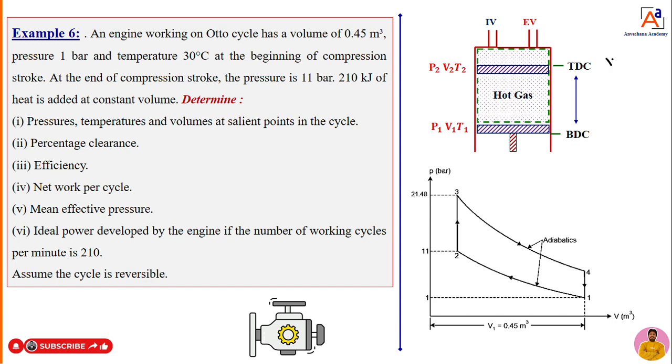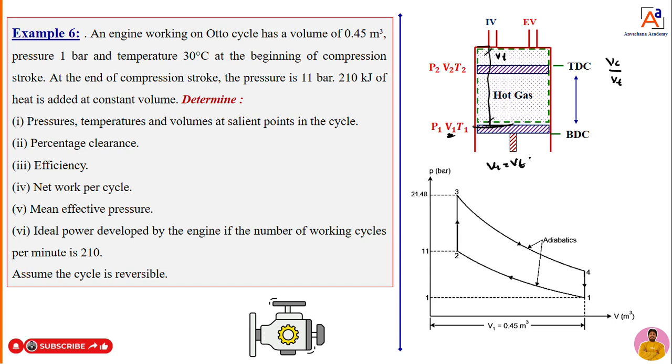He is telling that percentage of clearance is equal to VC divided by VT. That is the total volume. Total volume means what, dear students? We can take the volume from this to this. That we can call the total volume, or we can call it V1 also. So V1 is the volume occupied by the gas when the piston is at that point, that is nothing but